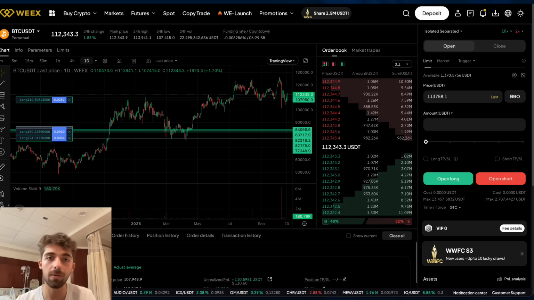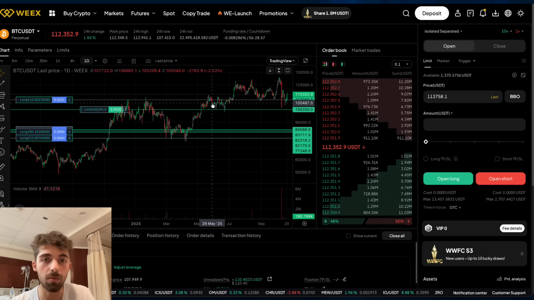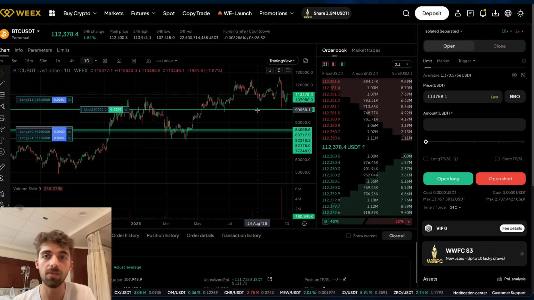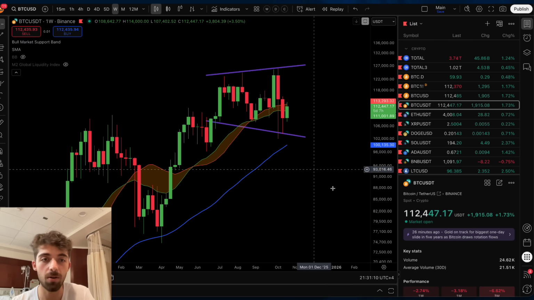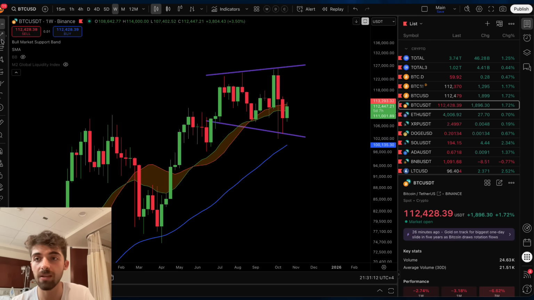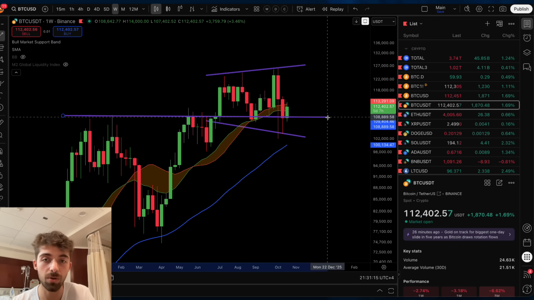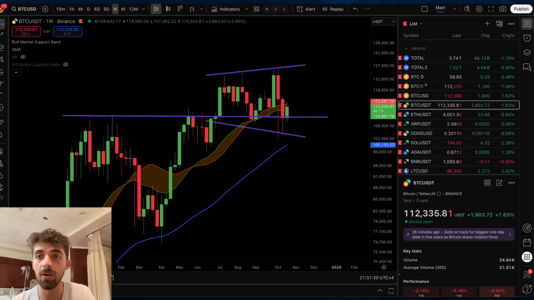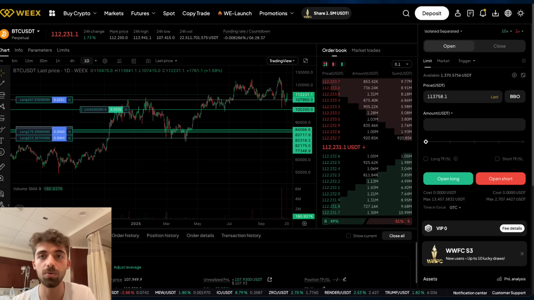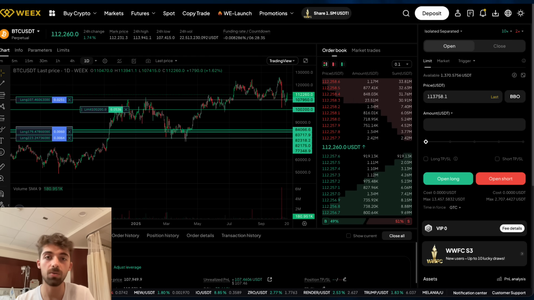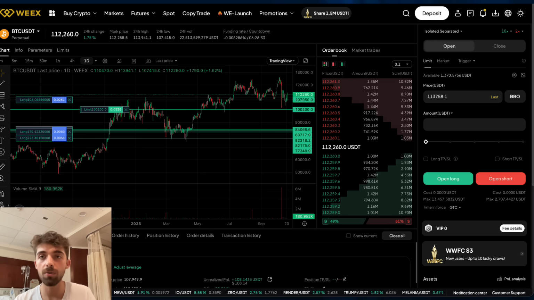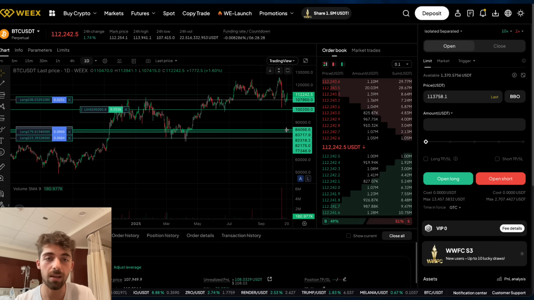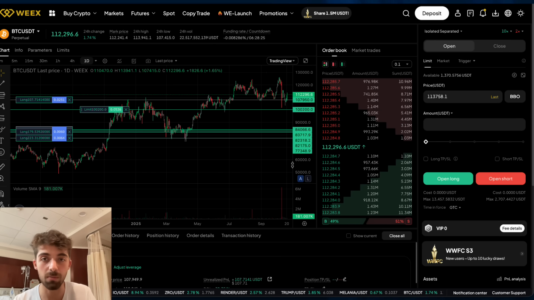So when we talk about Bitcoin positioning, we're still very bullish. I still expect potentially Bitcoin to come down to that 54 simple moving average, which is at 100K. So for preparation purposes, if we are to break below this crucial trend line that we spoke about, then 54 simple is likely where we're going to go. Does that mean I'm going to short Bitcoin? No, I don't like shorting Bitcoin in bull markets. I only like to accumulate more Bitcoin when I notice that price can drop off a little bit. So on Weeks I have a limit long position to buy at the 54 simple moving average.